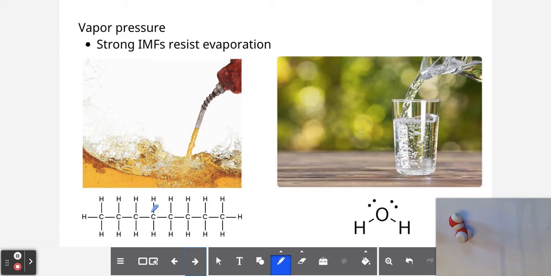It makes sense if you look at this molecule, octane, the vast majority of gas, which is a very nonpolar molecule. As a result, the IMFs are rather weak. There are only dispersion forces holding them together, and they evaporate pretty readily. That's why octane has a pretty high vapor pressure,